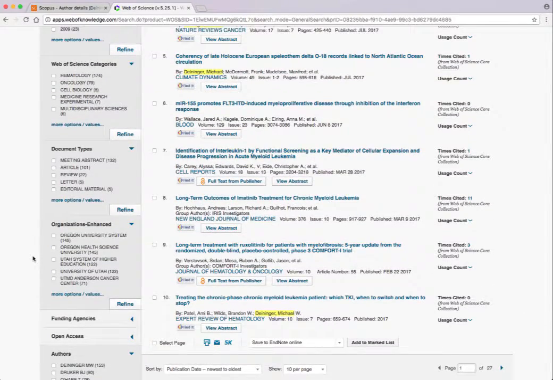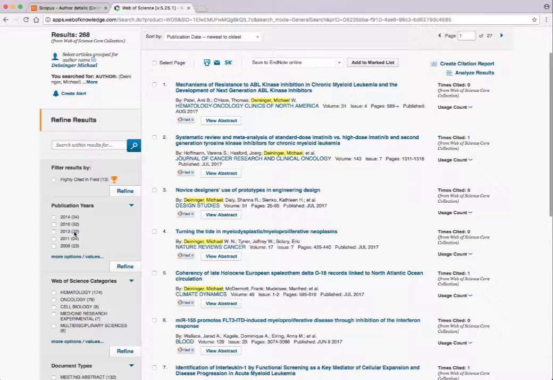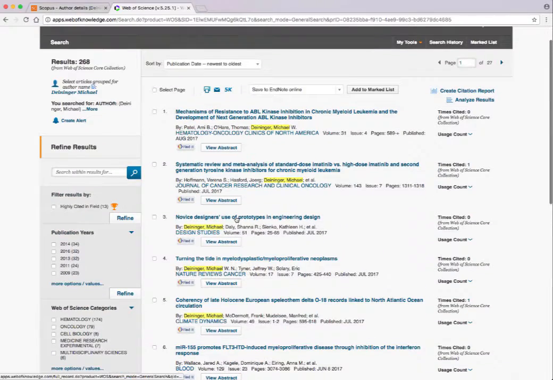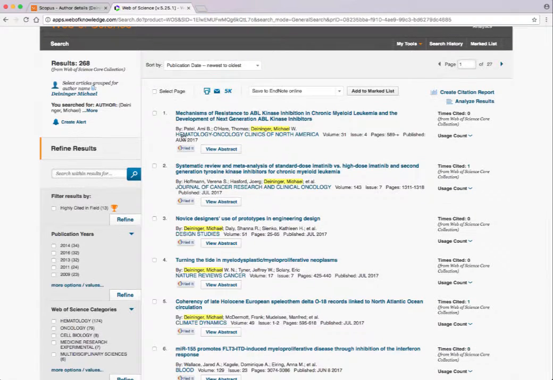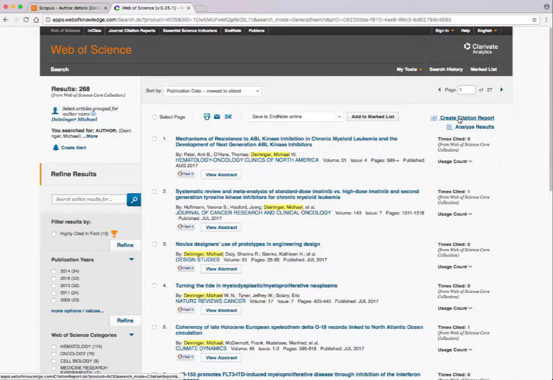So it's not as automatic as the other one. I wouldn't necessarily narrow down to the years, but what you would do is narrow down that list to what you were looking for. And I think safely we can say that it was just this one, but you could double check and see there's the number of articles published. The only problem we have with this one is that the principal investigator, the first author, is not denoted in this. So if we have the person as a contributing author, it doesn't necessarily make a differentiation in this factoring of the citation. But if you go to the Create Citation Report,